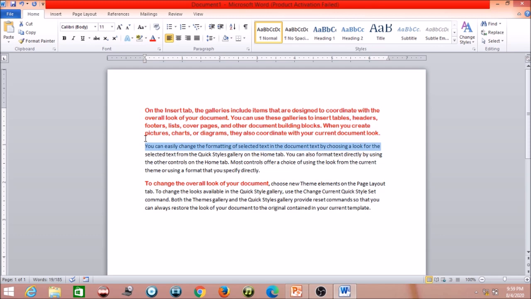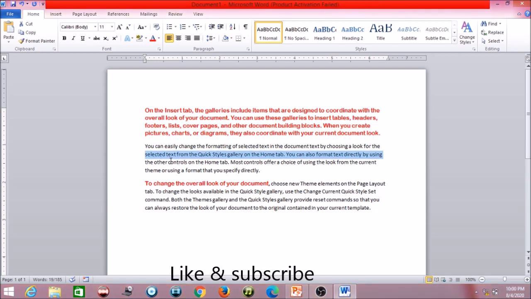And if you want to select one line down, just press the End key, and after the End key press Shift and the down arrow key, so the downward line will be selected. Similarly, if you want to select the upper line, press the Home key and then press Shift plus the up arrow key, so it will select the upper line. Like this, with the combination of Shift, Home and End keys, you can select with the keyboard. Just practice this.